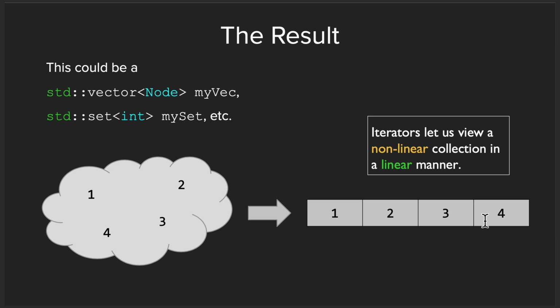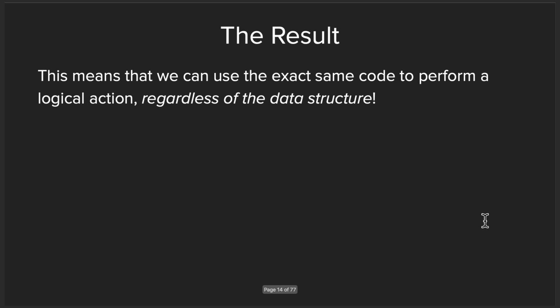Iterators let us take that representation of data and view it in our code as though it was a linear collection of data, meaning that it will always guarantee that it'll output it in the same order, and furthermore, that it'll output it in a sorted order based on some sorting function that we give to it. And once again, I covered this at the very end of class, but that is so cool because